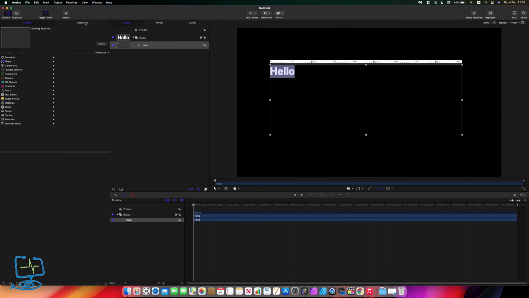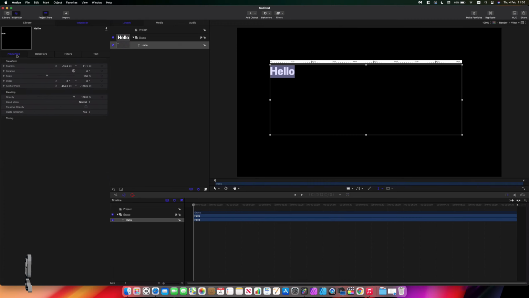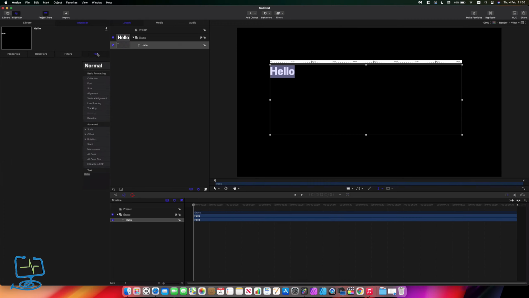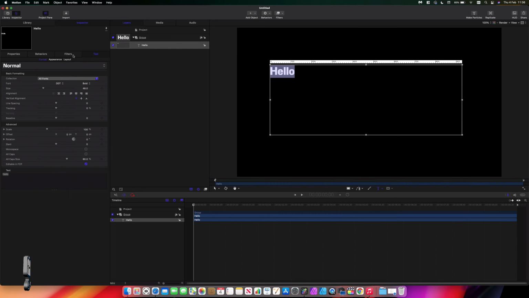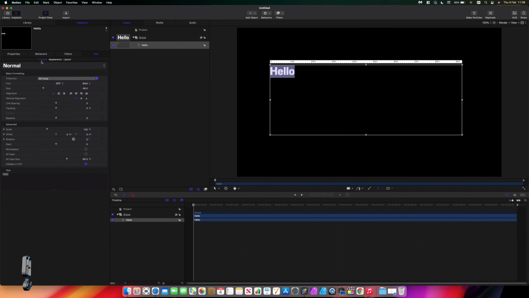I'm going to go over to my inspector tool over here, because that's where we inspect whatever we have selected in our layers or project timeline or anything like that. We'll need to go to inspector to change anything that we have in there. So then you'll notice on the box here we've got the properties, we've got behaviors, we've got filters, and we've also got text. And you'll notice on some of these you will then get another box underneath. For example, I'm on text and I've got format, appearance, and then layout. So obviously I started on the format side, which is going to format the text in this particular layer,